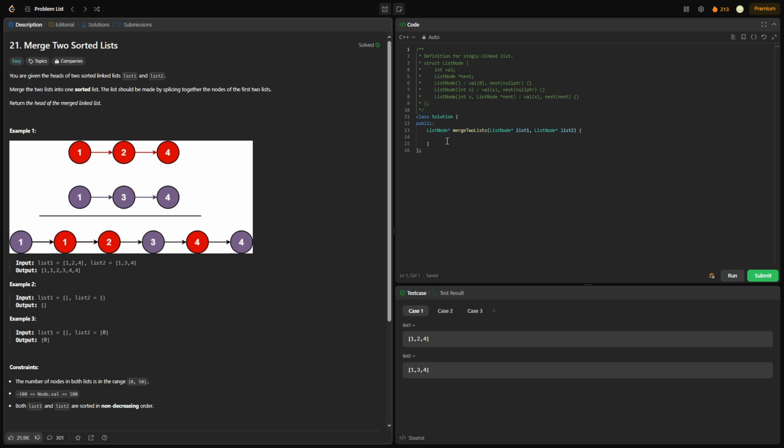So in this problem we have two sorted linked lists, list 1 and list 2, and we have to merge them into one sorted linked list. The way we do that is we just use pointers, right? We put a pointer at the head of linked list 1 and at the head of linked list 2, and we traverse through these lists. Okay, so compare 1 and 1, they're the same, right? So just take